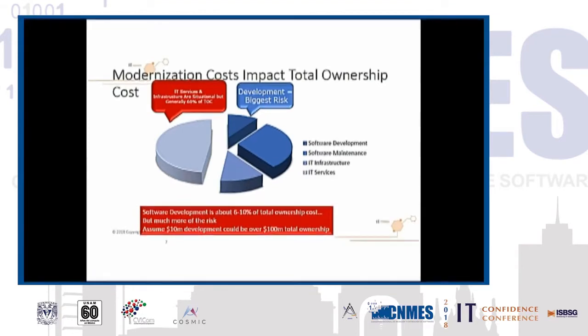But here's some of the things that are often forgotten. We're going to just build it. We don't need estimates, right? Because it's Agile. We're just going to go till it's all done. And I do believe we need estimates, by the way. But then they don't consider what's the total ownership cost. What is going to happen if this software was built without significant documentation because we're Agile and it's going to have to run for 10 years? How are we going to maintain it? So this isn't a presentation on Agile, but Agile software needs estimates too.